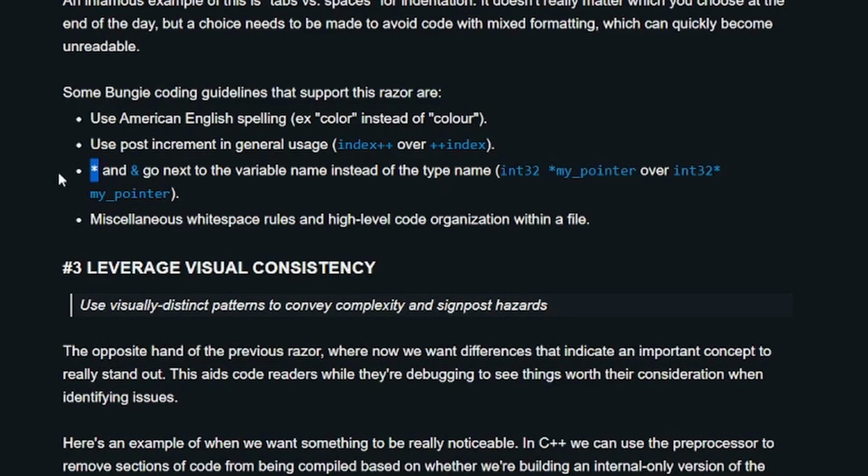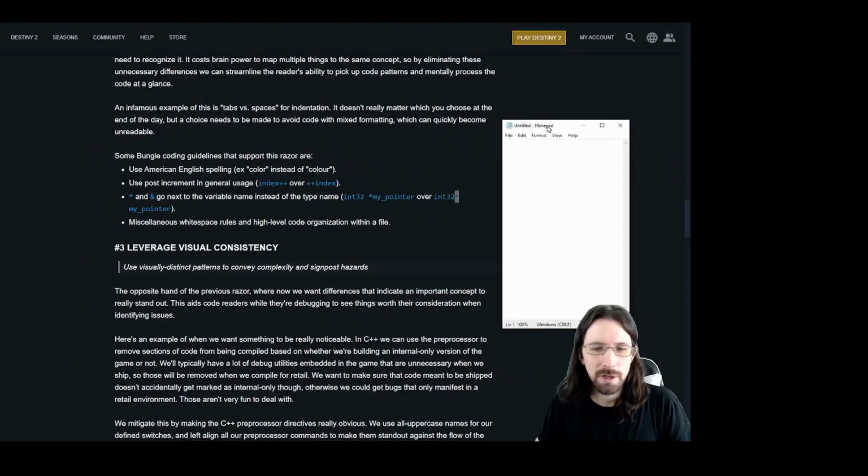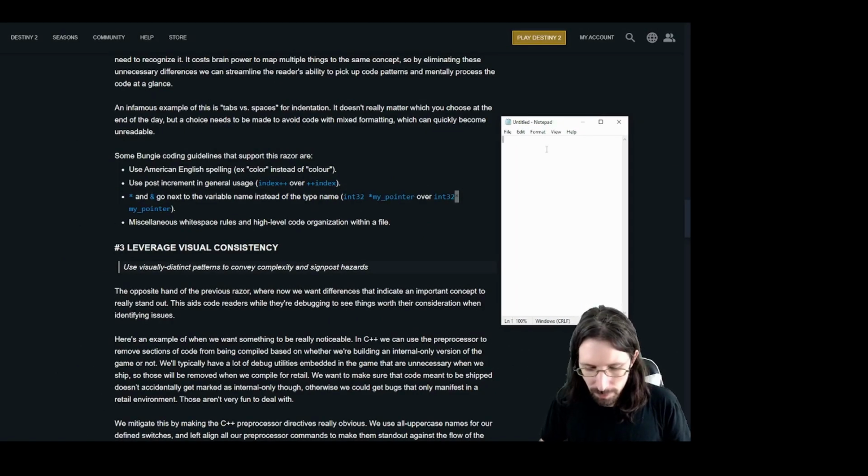Okay, we have these symbols, star and ampersand, which is pointer memory stuff. All right, go next to the variable instead of the type name. Now, I've heard an argument for it being on the left side. So for example, you can declare variables.